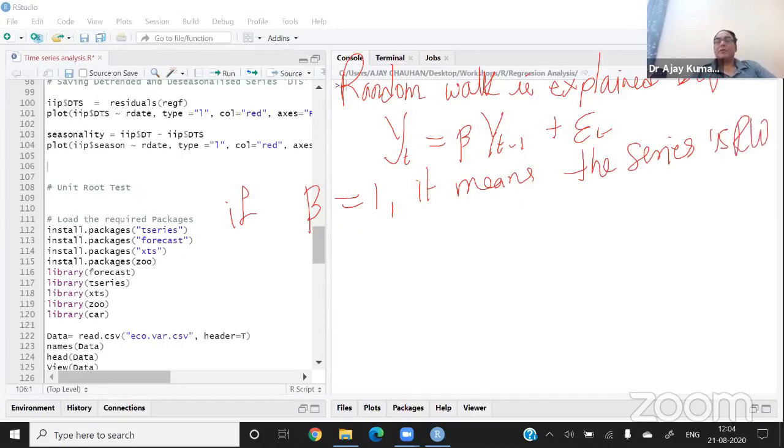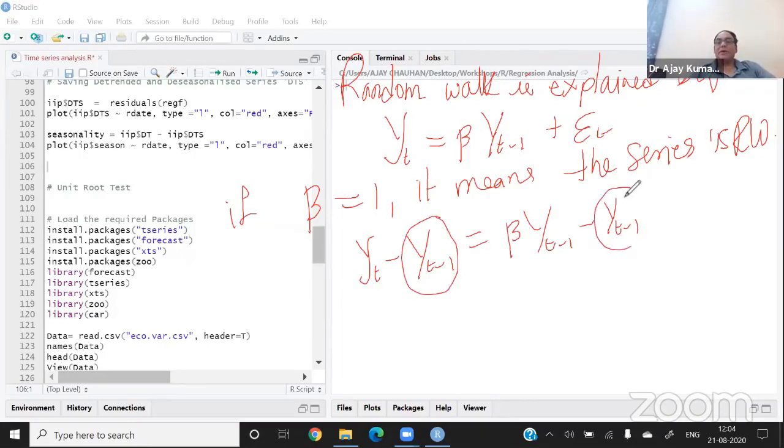Now, we cannot apply this equation directly. So what we do is subtract yt minus 1 from both sides: yt minus yt minus 1 equals beta yt minus 1 minus yt minus 1 plus et.